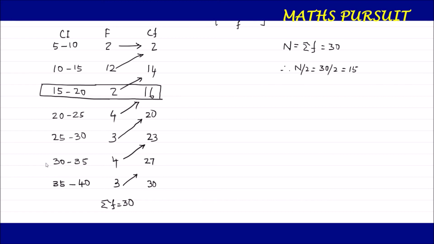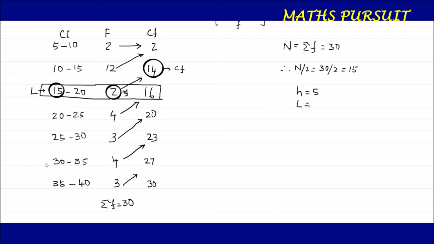And the cumulative frequency prior to this 16 is the cumulative frequency that we are going to consider for our calculation. This 2 is our frequency for the purpose of our calculation, and this 15 is the lower limit of the class interval. Now, what is the class height? The difference between the upper limit and lower limit is the class height. That is 10 minus 5 is 5, or 15 minus 10 is 5. So the class height is equal to 5.